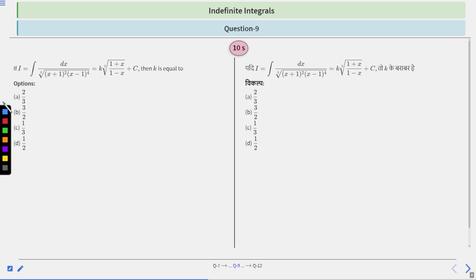The hint of this question is, again, you have to convert this integral in the form of k cube root of (1 plus x upon 1 minus x), right? For this, you have to apply either some substitution or some simplification. So you just have to think about that substitution or that simplification to apply on this question. Try to remember the substitution which we have discussed in the lectures, or you can also try to simplify the things. You have 10 seconds to solve or think about the question. After 10 seconds, we will discuss the solution.